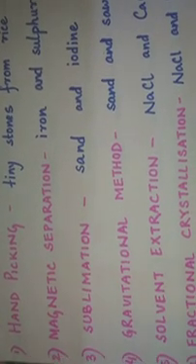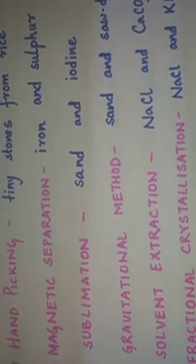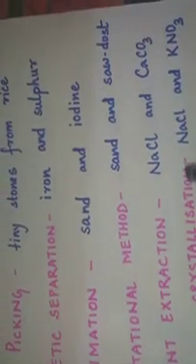The next method I will come to is the gravitational method. Now, what do I mean by gravitational method, and what is the particular criterion for it? This is the situation where the weight or the masses of the two solids have to be different, or two or three components, whatever we are talking of, they have to be different. Now, when I say different, what do I mean by it? For example, I've taken the example of sand and sawdust. You can see clearly it is sand and sawdust.